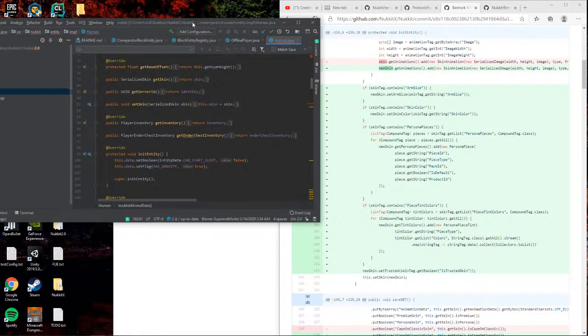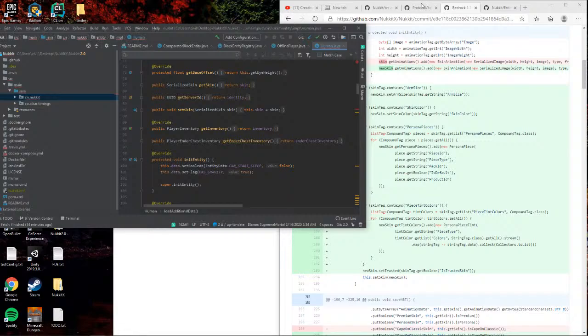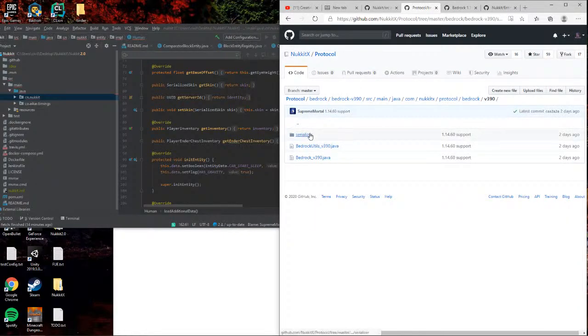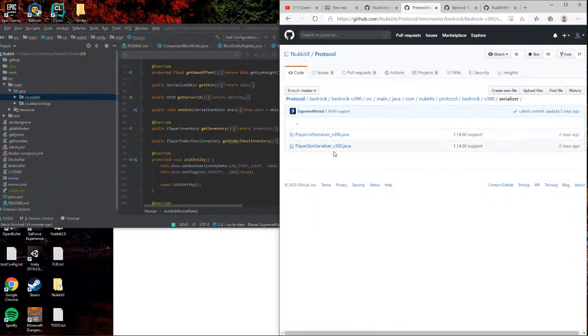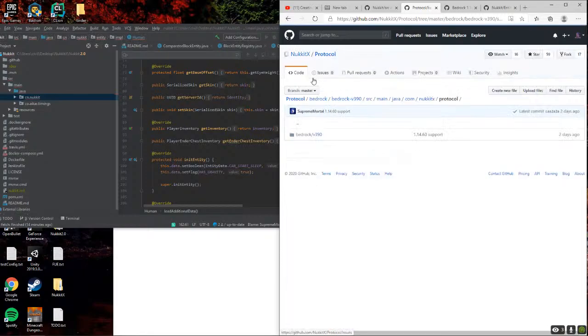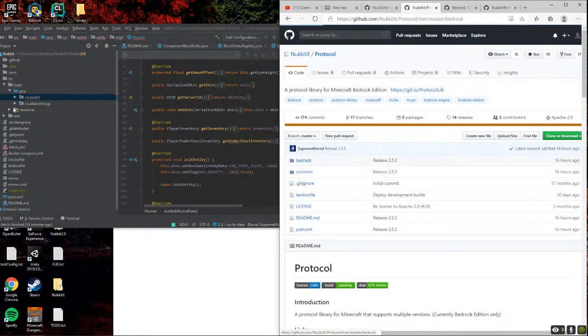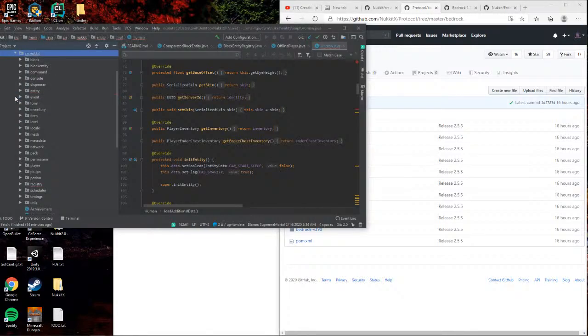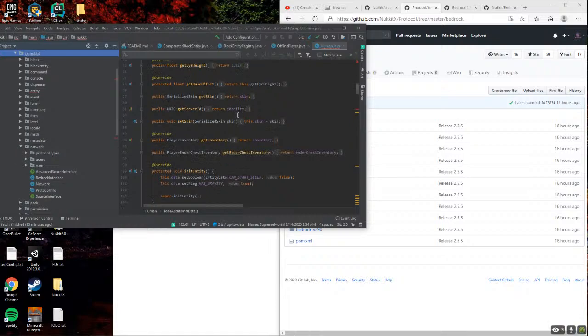So not only that, it's also using an outdated version of the protocol, I believe. So player skin serializer. Okay.